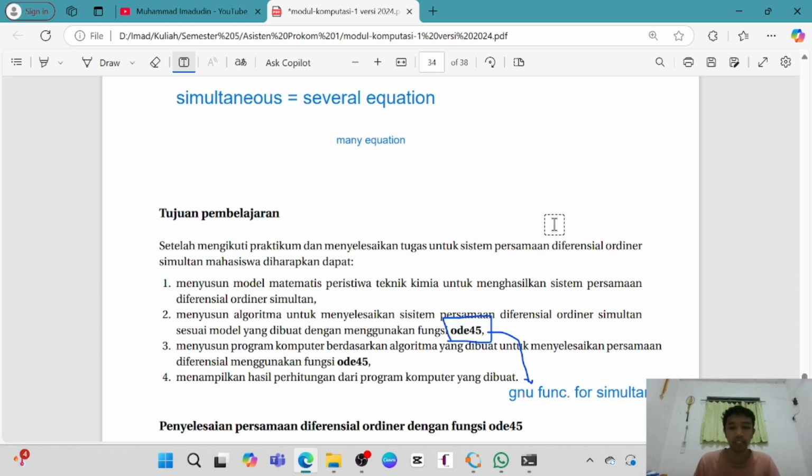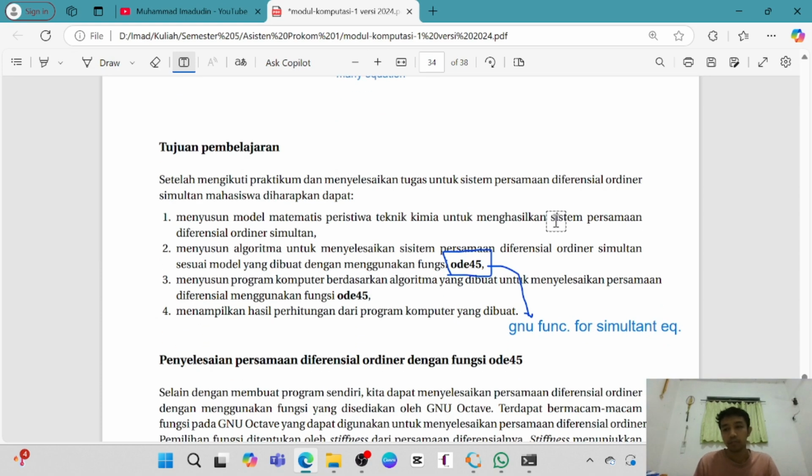Okay, next into the ODE. What is ODE? The ODE is the MATLAB function for simultaneous equation.